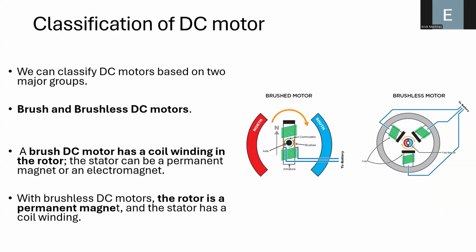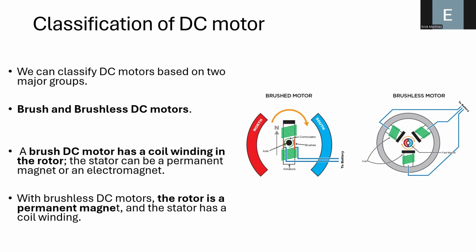But as I told you, we can classify DC motors into two main types. We have brush and brushless DC motors. In particular, the main difference between brush and brushless DC motors is the way in which they are commutated, okay? For the brush motor, that is the same one as the animation that I showed previously,